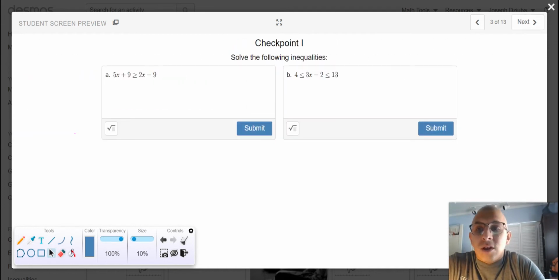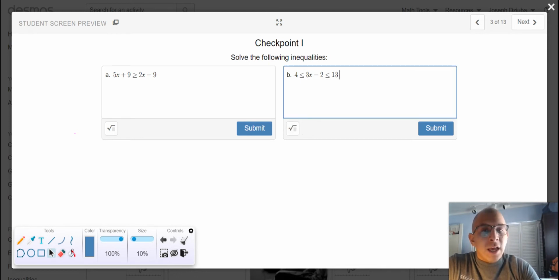So these are inequalities that you should be quite familiar with. In the case of some inequality like B, this would be considered a compound inequality. And the way I like to think of these is, if you covered up this component, what would be our first step in solving this inequality, and vice versa? If we covered up the right bound of the inequality, what would be our first step solving this inequality? They would have the identical step, so we can kill two birds with one stone,